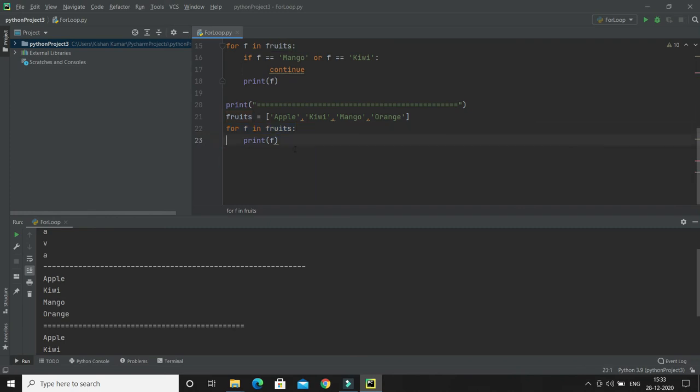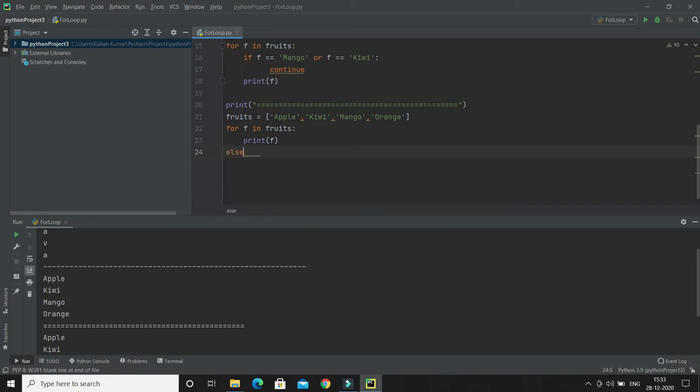Afterwards, if you want to process some statement, you can use else, which is just opposite to the for loop. The else keyword in the for loop specifies a block of code to be executed when the loop is finished.